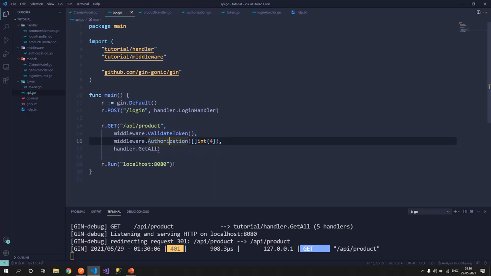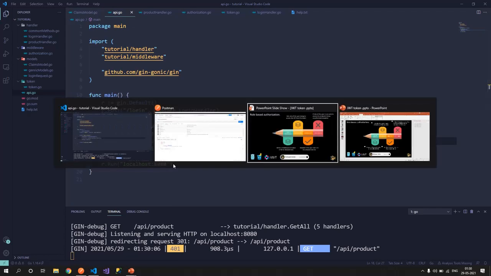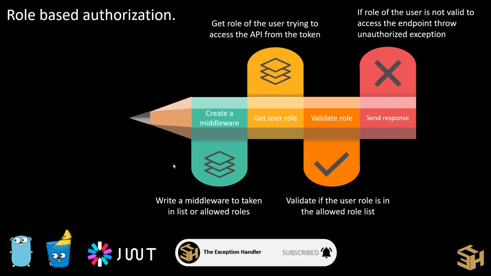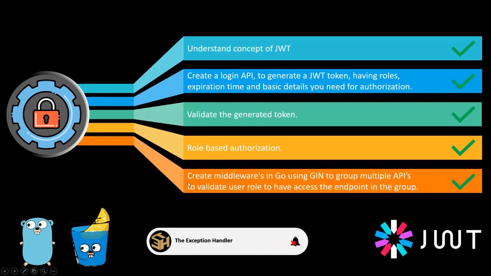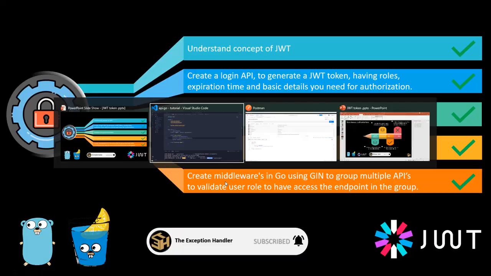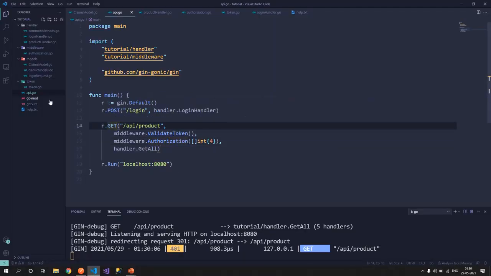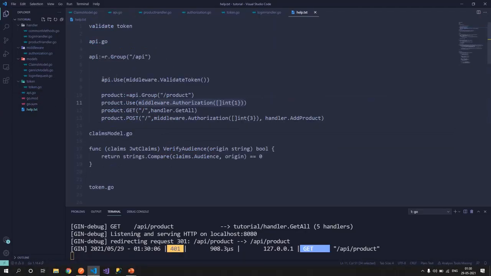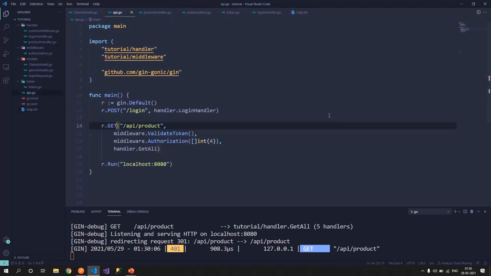Now let's go ahead and create a grouped API, which was the last part of this tutorial, and we'll group those APIs into one. I have written those APIs for us, so let's copy and paste that.